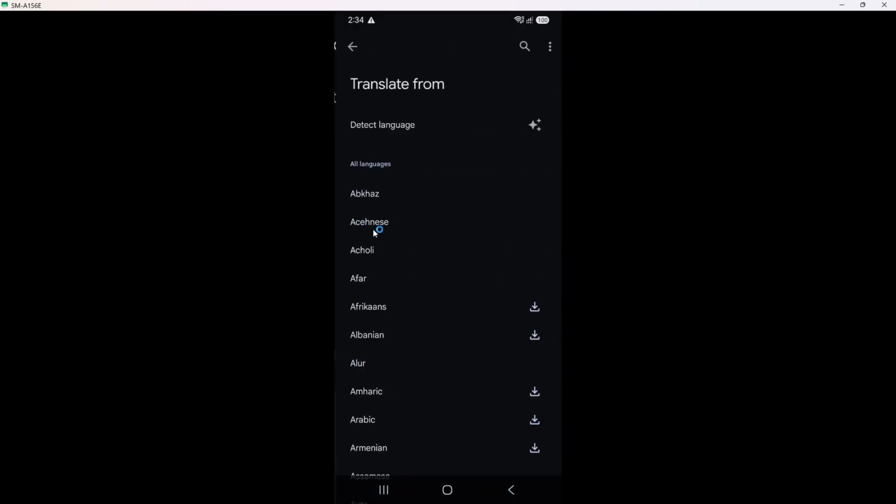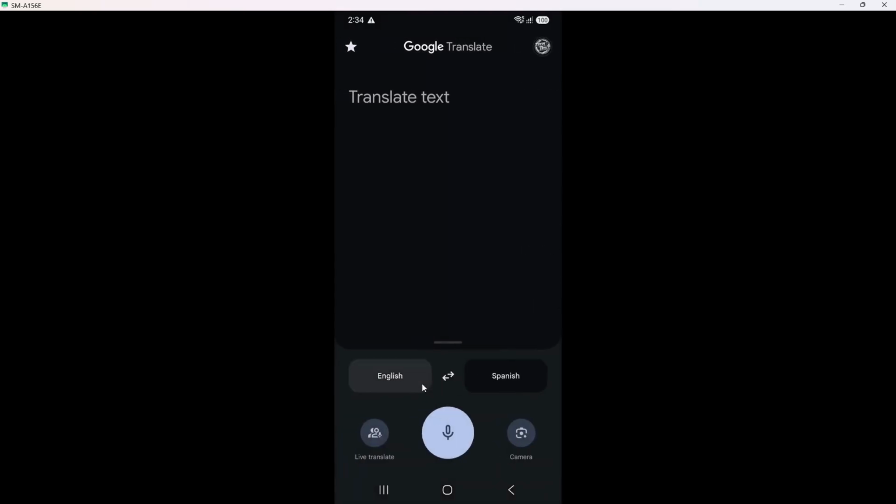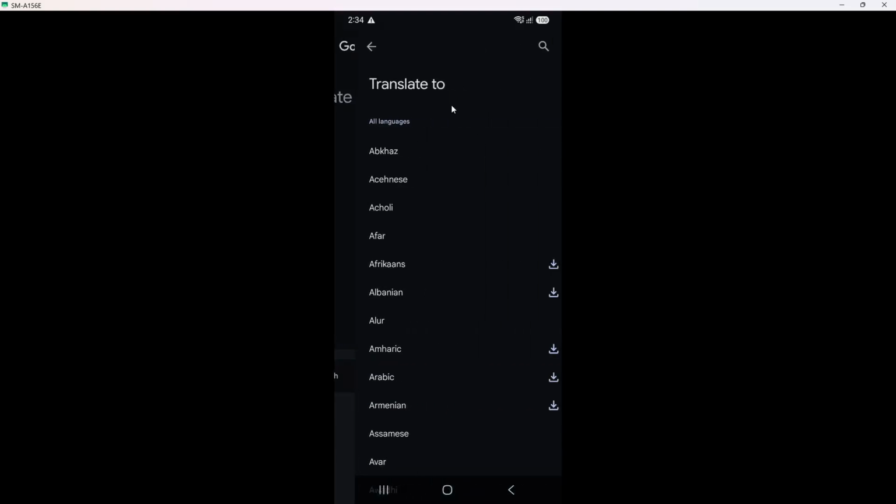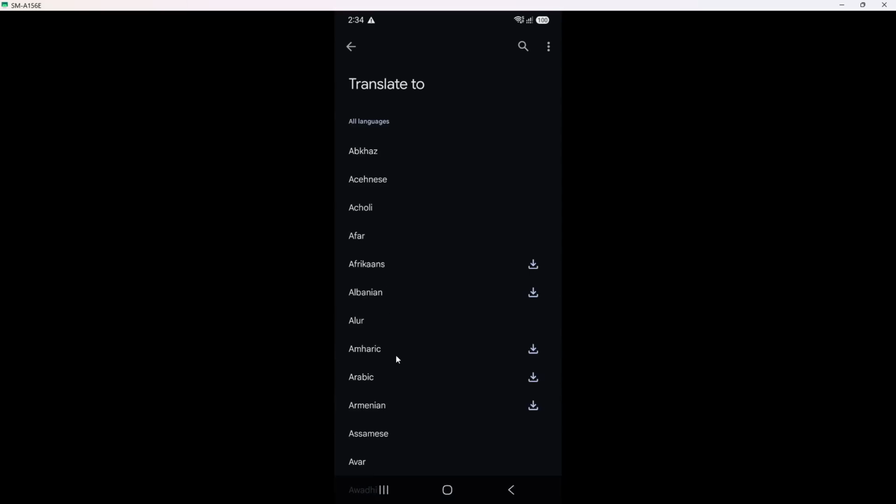Now, choose your main language and the language you usually translate. On this screen, you will see two drop-downs, often labeled as your main language on the left and your translation language on the right. For example, you might pick English as your main language and Spanish as the language you usually translate. You can change these anytime later, so do not worry about choosing perfectly now.